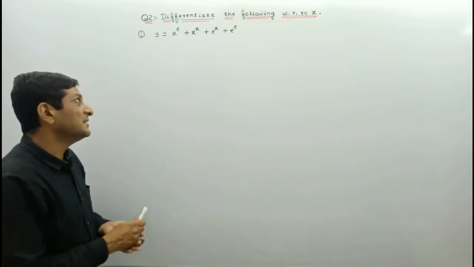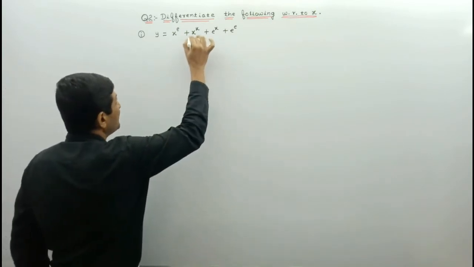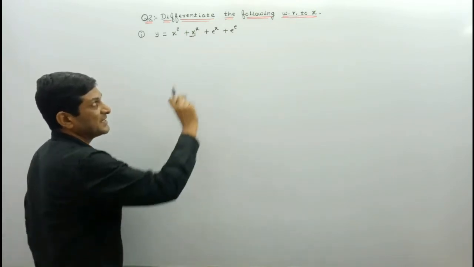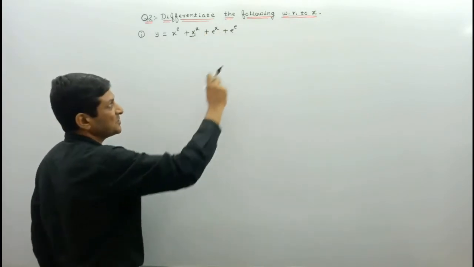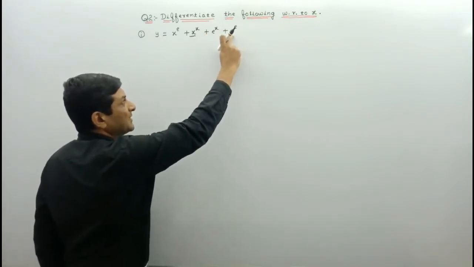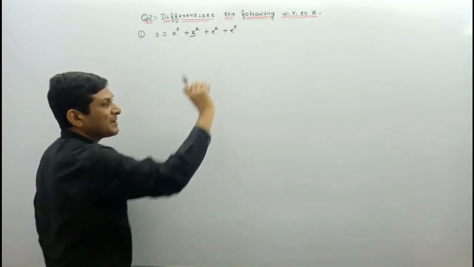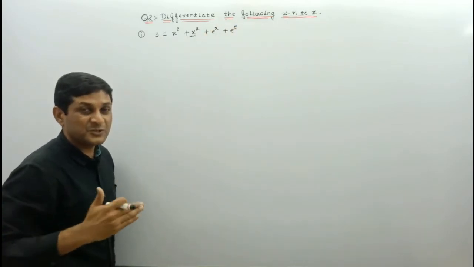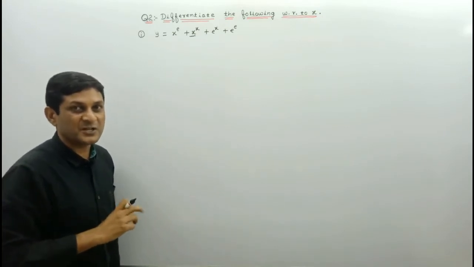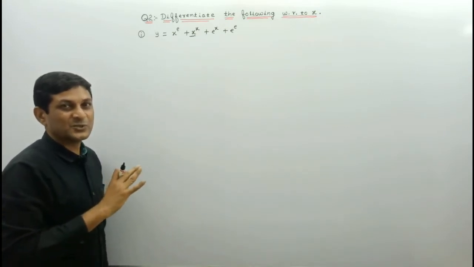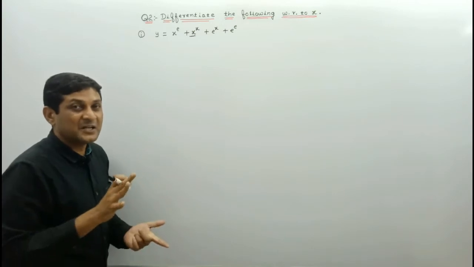So here second term is in the form of f of x raised to power g of x. Here e raised to power x, we have its standard formula to find out differentiation, and if you observe the last term, in this term x does not appear, means variable does not appear, means we can consider that it is a constant term, and we know that differentiation of constant term is what? 0. So hope the ideas are clear to you.